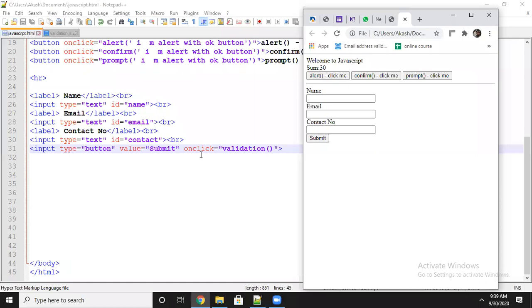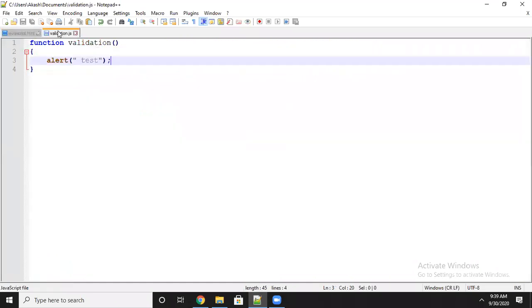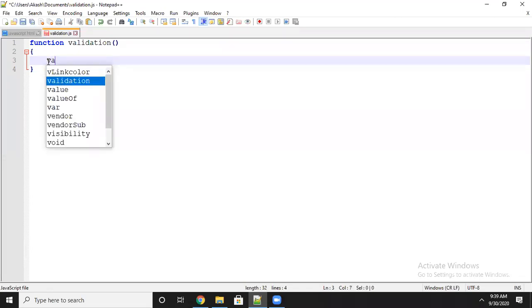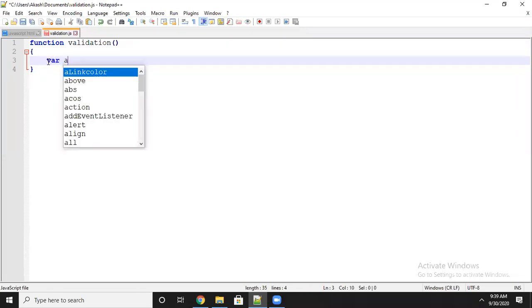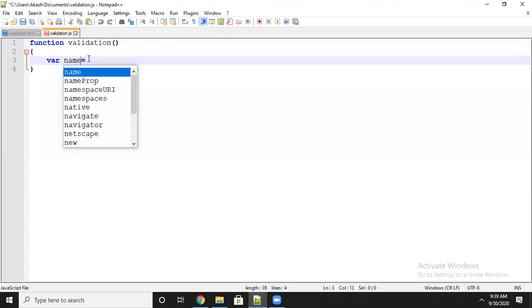Now in the validation function, I will pass the name value, email value, contact. Means through the ID method, I will pass the value. How to do it? I will show you. First, we have to create one variable. Or you can take the attribute name directly, that will be more helpful. Variable name equal to.